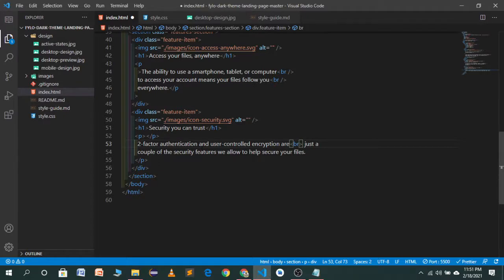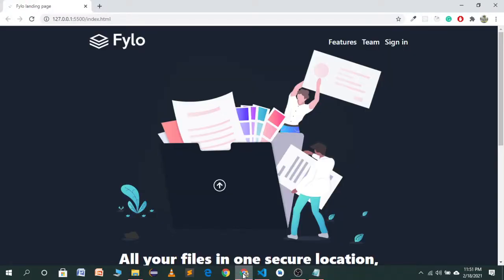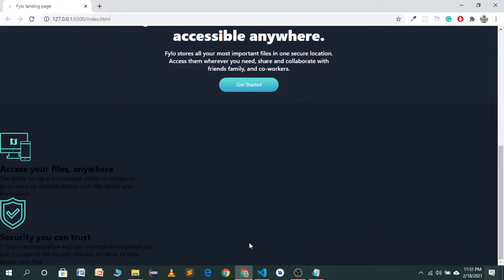After help I will also use a br tag. So save this one and let's go to our file. Now you will see significant changes, but as you will see, this design is not looking great.